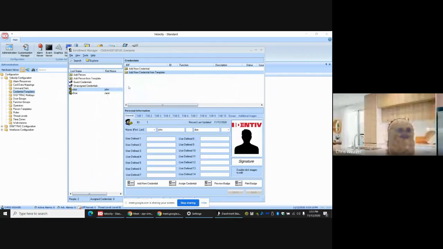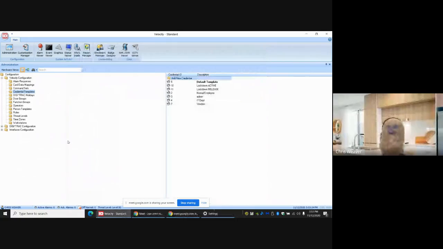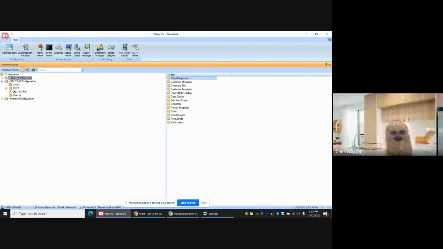Okay, so that's how you do a full lockdown and full release for something like an active shooter. But in the event of something like COVID-19, we want everyone to come through the front door only. You could make a whole new function and just select every door but the front door. Or hopefully this COVID is temporary and once it's over, we don't have to do this ever again. So in the case of we don't want to make a whole new credential for that, we want to just set this one time. You go to Digitrack configuration, XNet, and we want to open up new port and new